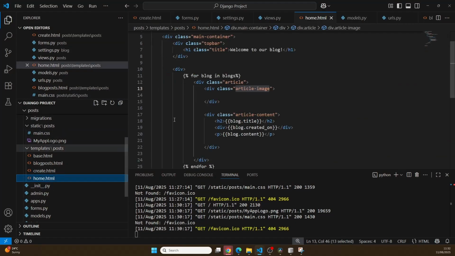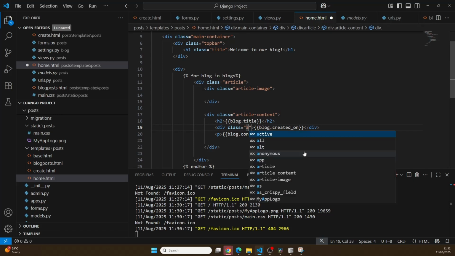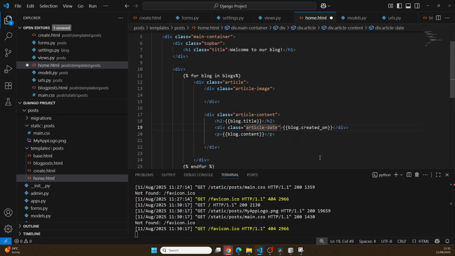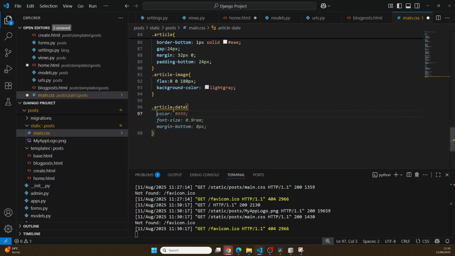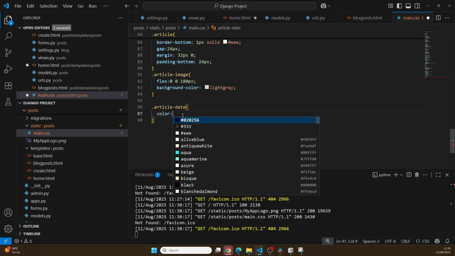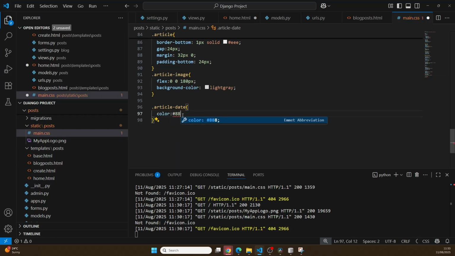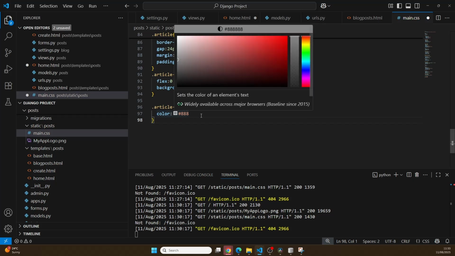So first things first, we can go to the home.html page and in there, we want to provide a class for the created one. So we say class equal to, and let's just do article date. And then we can use article date to set some properties for the date. So we can go to the main.css file and on the bottom do .article date to target that specific class. And I'm going to change firstly the color. I'm going to set it to hashtag 888, which is a grayish color